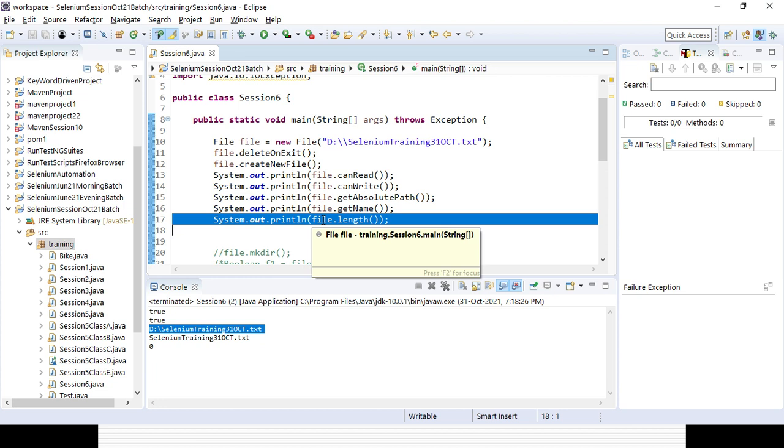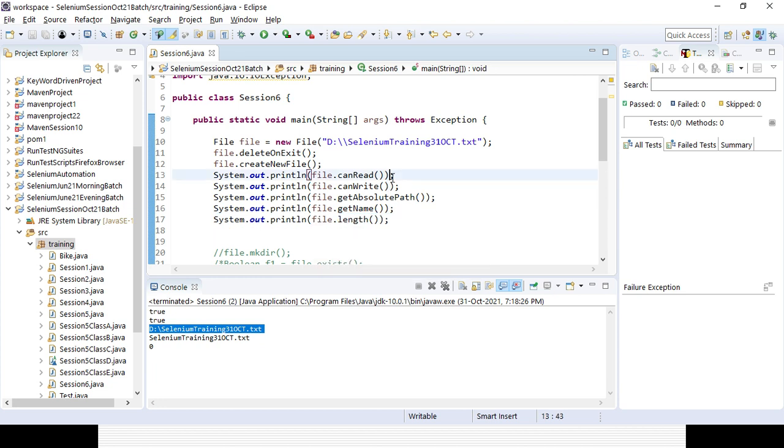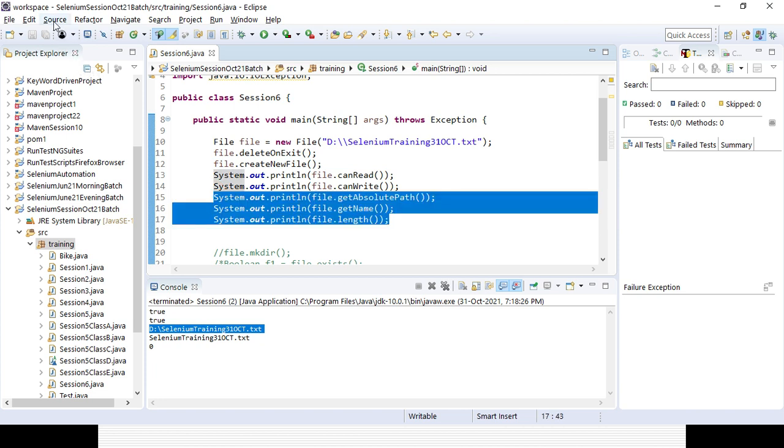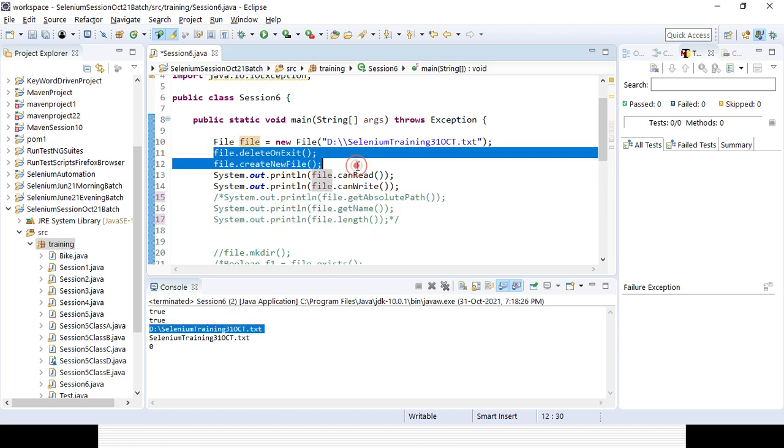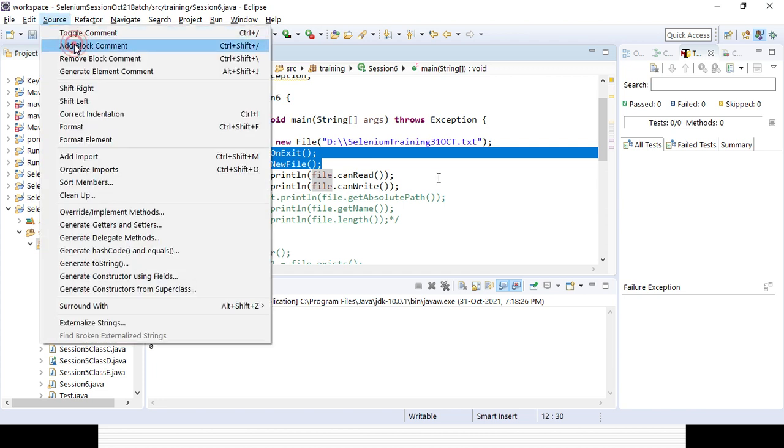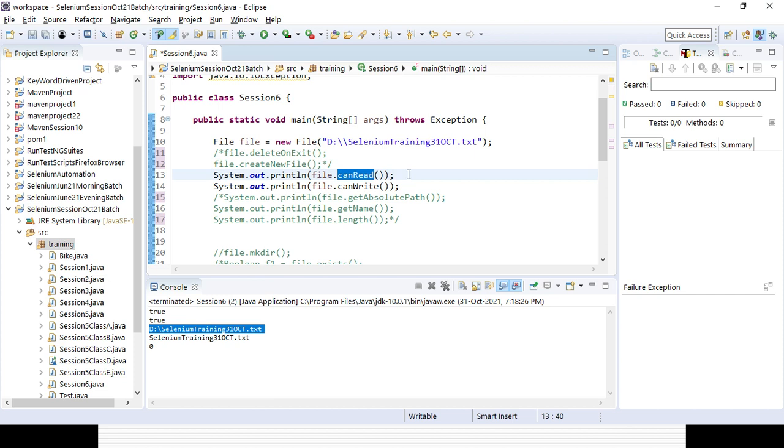Now sometimes a few important files you can make read only, right? So how could you do that? Let's comment out all this part. I am just taking the reference of the file path which is already created. Initially I am checking that I definitely can read the file and write the file, so here it will be true, and this will also initially be true.